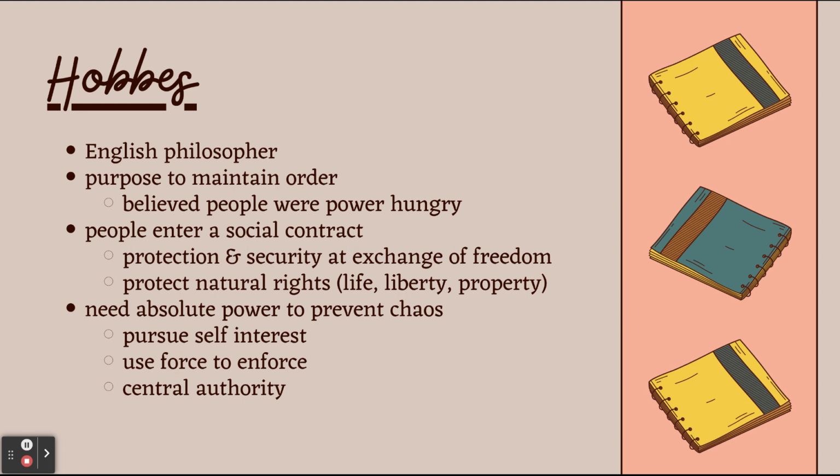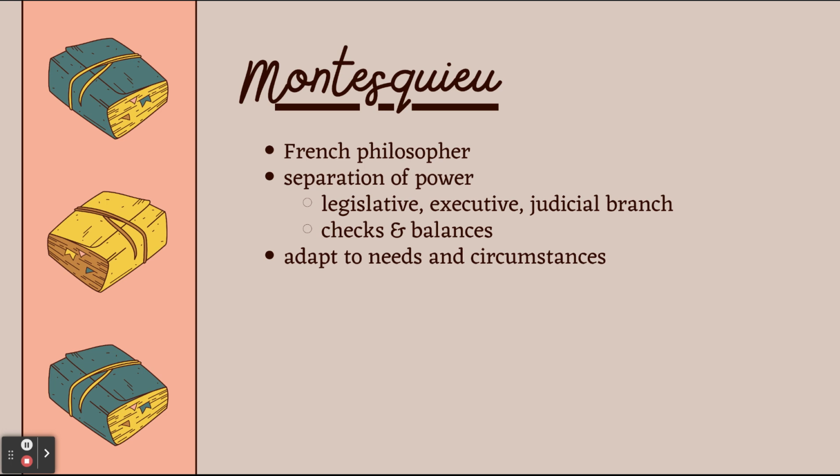He also believed that in order for a government to be as successful as possible, they had to have a strong source to enforce the rules. In other words, he was getting at the concept that if there is a law and no one's enforcing it, then that law doesn't really matter. So he was talking about how a government, in order to be effective, needs to have some sort of system to strongly enforce those rules in order to make sure that people are following the expectations of the society. He also believed that this should be a central authority, so there shouldn't be a separation between state governments and the federal government or anything like that.